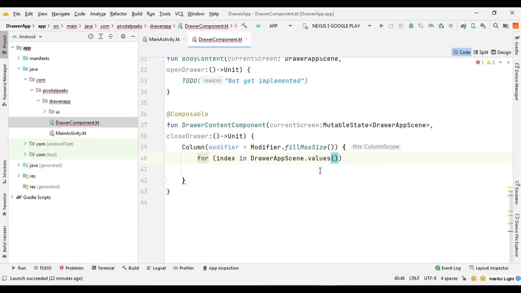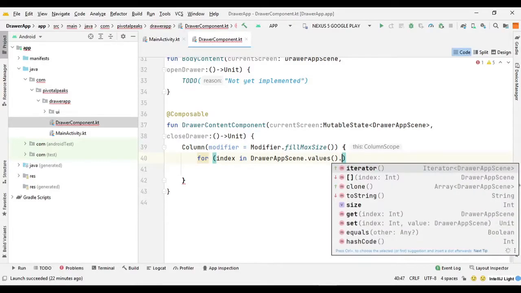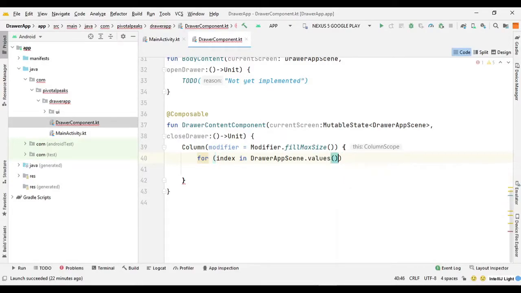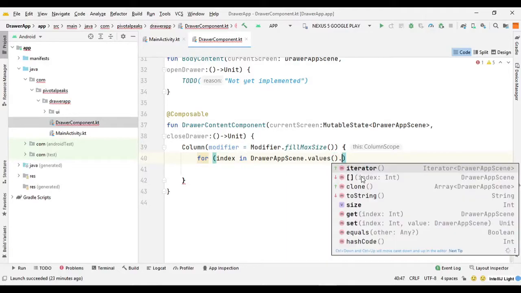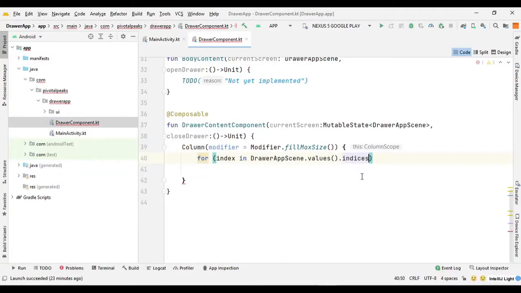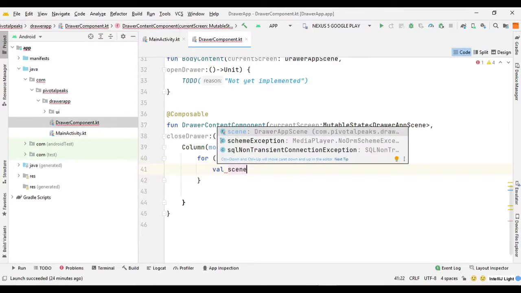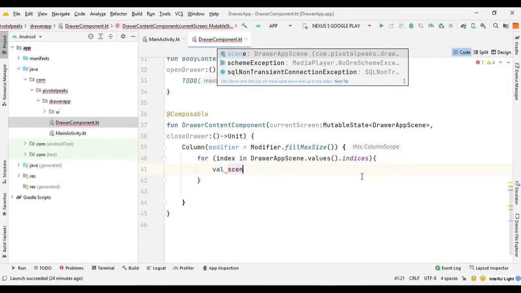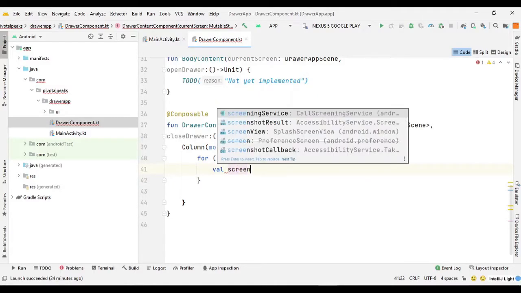So yeah, and we also need to call the dot indices, not here and here, dot indices, and then we need to, not scene, screen. So SCREEN screen,